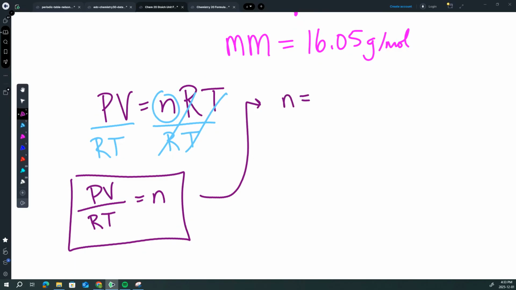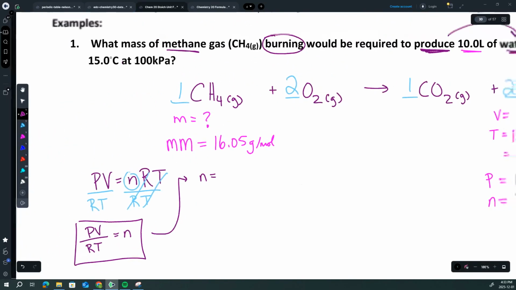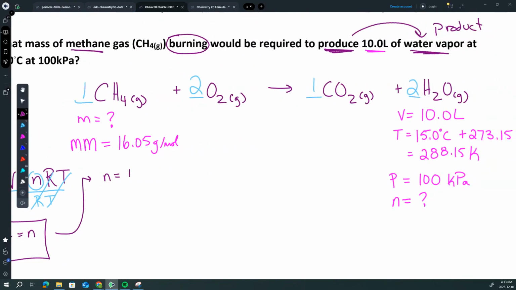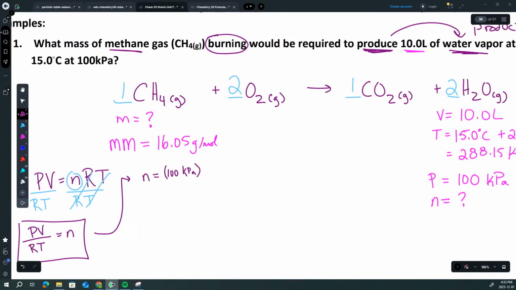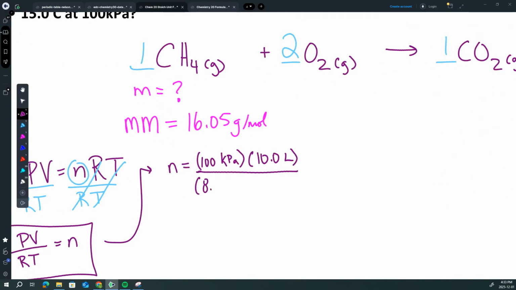So let's just flip this formula around. n is equal to our pressure, that was 100 kilopascals. Volume, that was 10 liters. Divided by our ideal gas constant, so that's